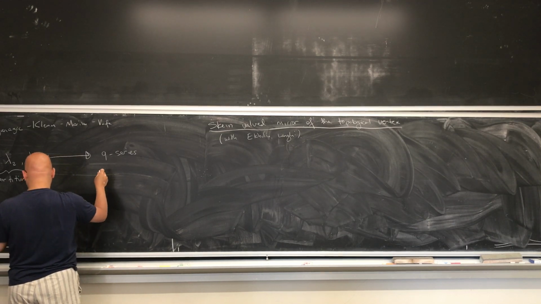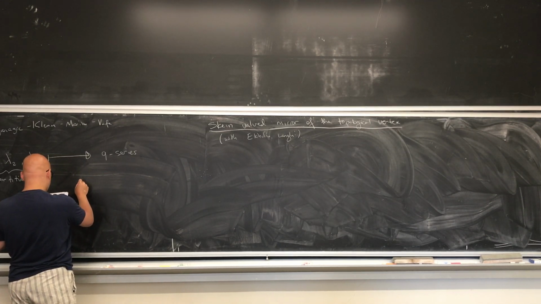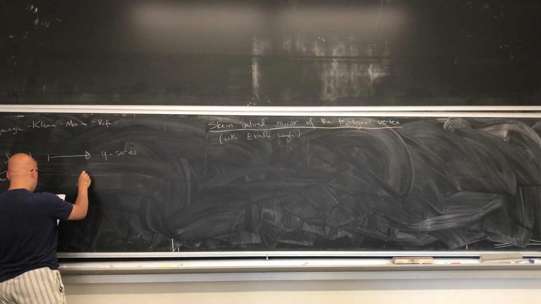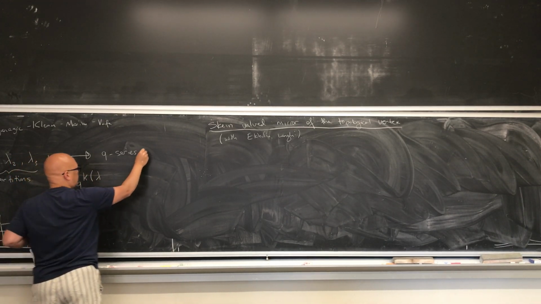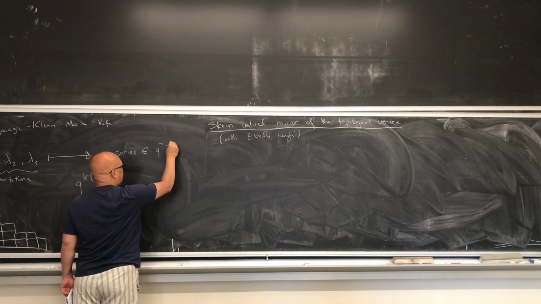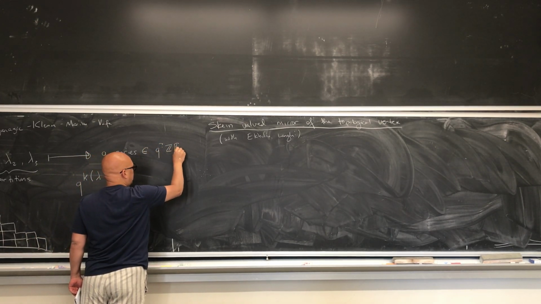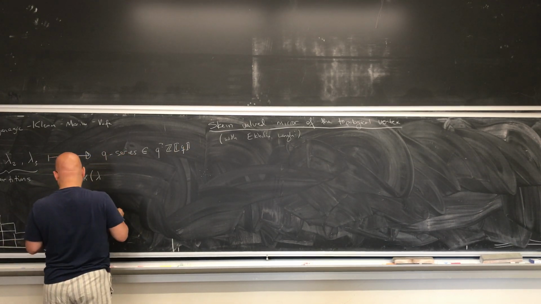And this Q series has a formula. And the formula, I'm going to write it. So a Q series is an element of Q to the some power times Z power series in Q. And it has a formula,